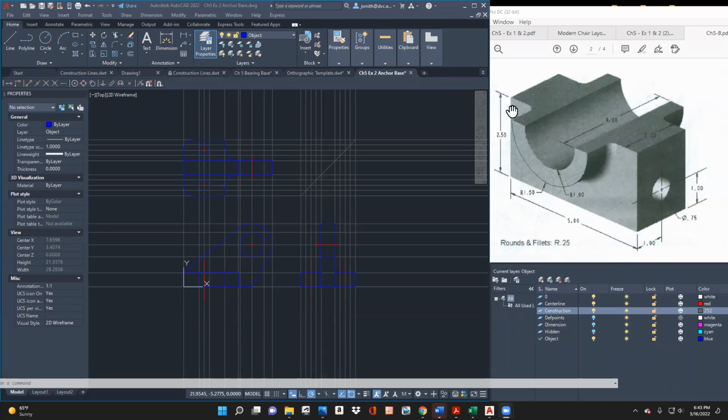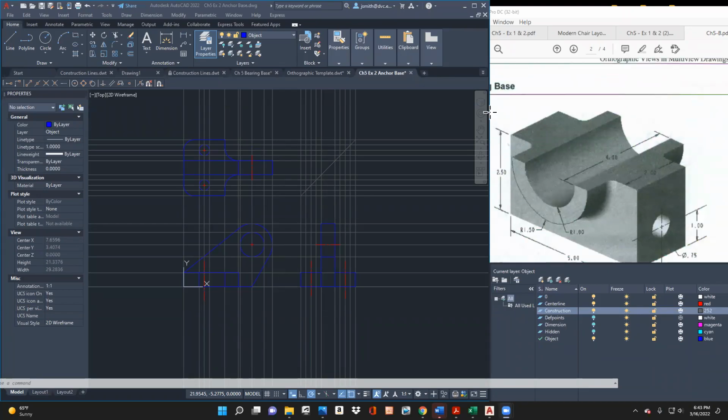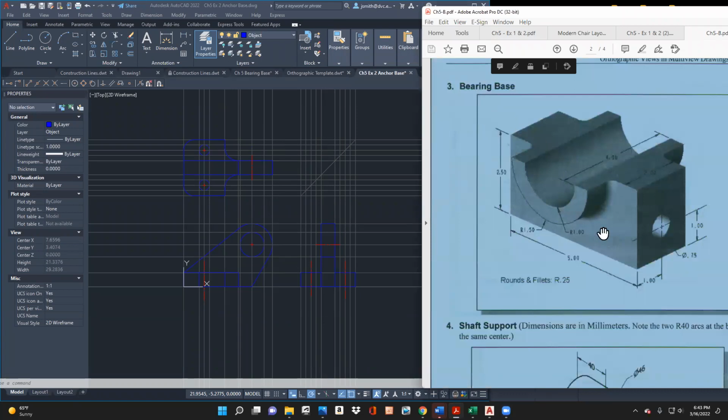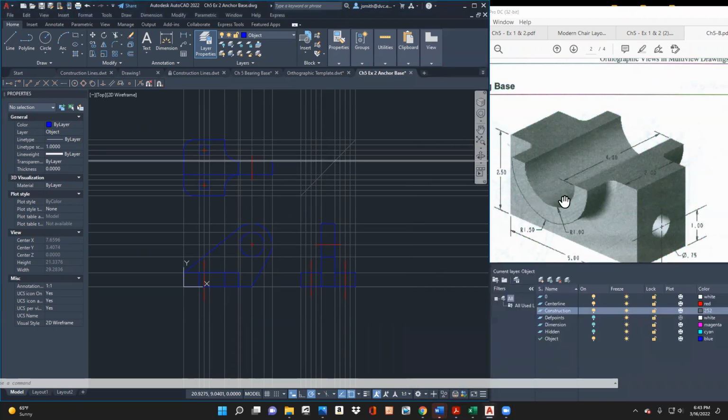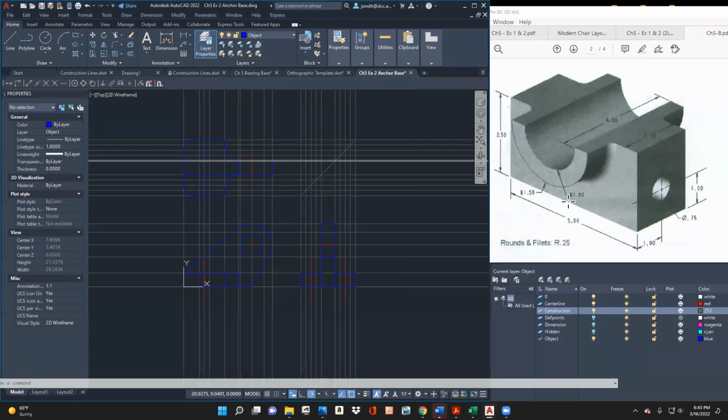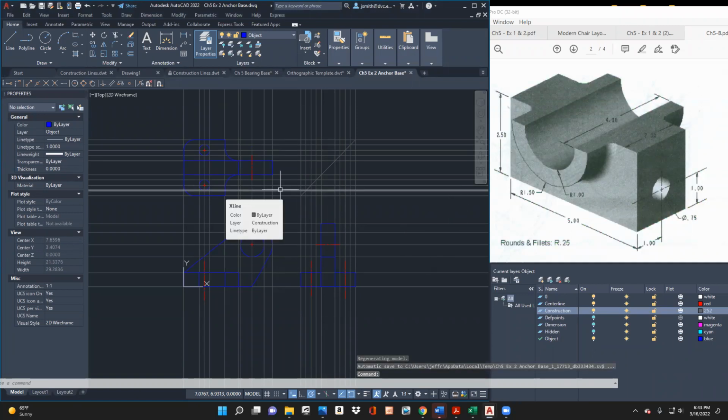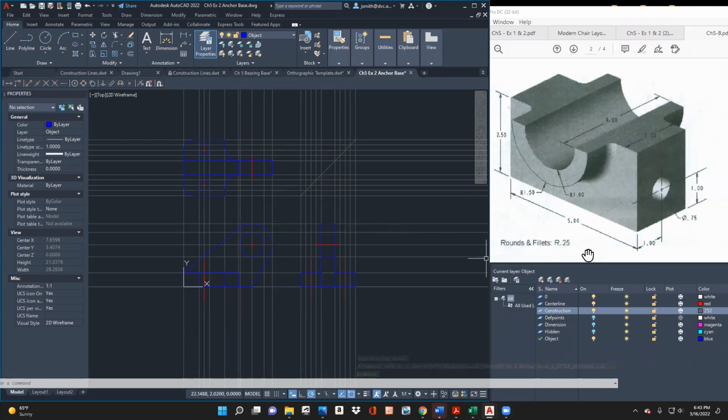Okay, so I'm going to draw what we're calling here the bearing base. So we're looking at these radiuses, and how do you show that? You show it. And so what I'm going to do is, rather than start from scratch, this is the project before it, which was the anchor base. So I've already got all these layers here. Rather than start all over, I think the best thing to do is just go ahead